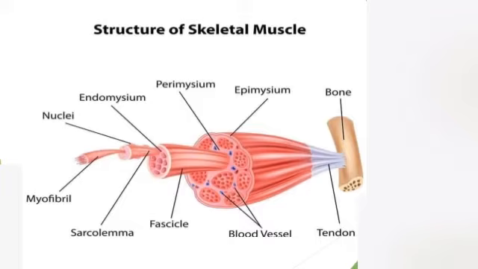and each muscle fiber is a single cylindrical cell, and within the muscle fiber numerous thin thread-like structures are present, which are called myofibrils. And as you can see in the diagram, each myofibril is 1 to 2 micrometers in diameter and the length ranges from 1 millimeter to 4 centimeters.